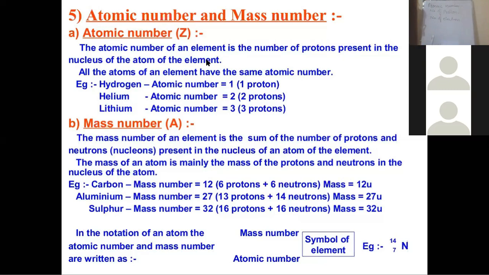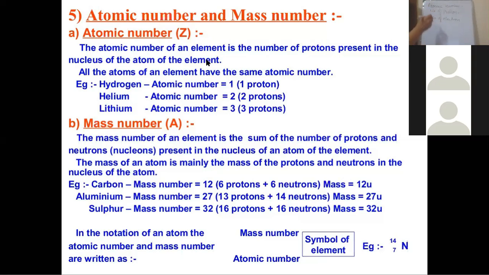Otherwise, an atom has three subatomic particles: proton, electron, and neutron, where protons are positively charged, electrons are negatively charged, and neutrons don't have any charge at all. So the number of protons is always equal to the number of electrons, so that they nullify each other's effect, and there is no overall charge on the atom. So for an atom, the atomic number is actually the number of protons, but in an atom it is also equal to the number of electrons.